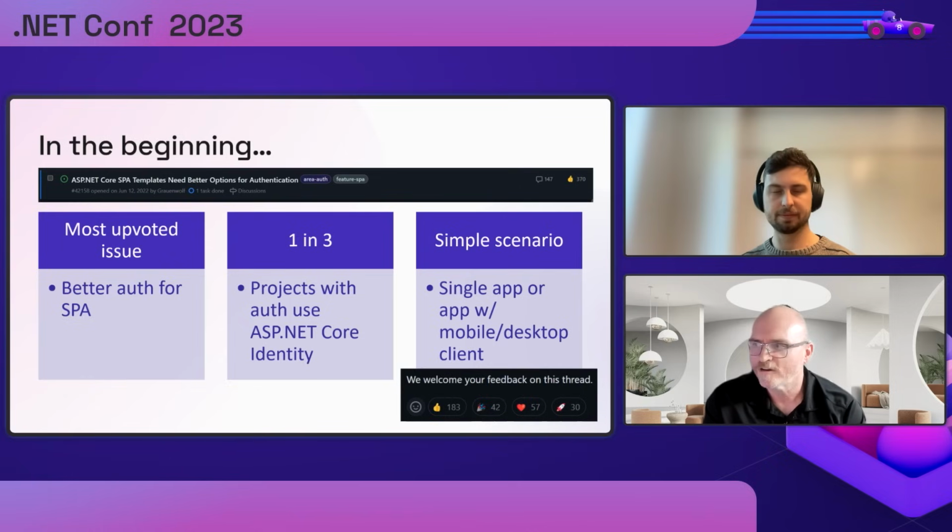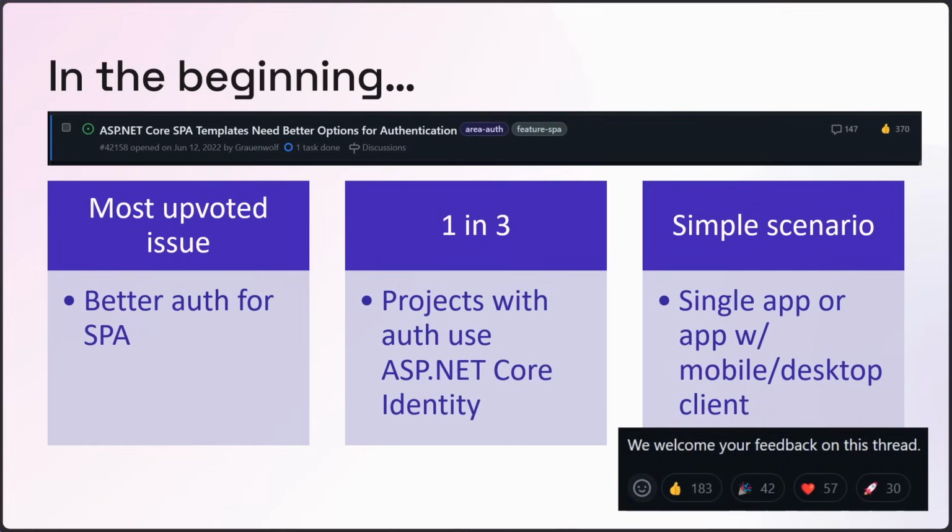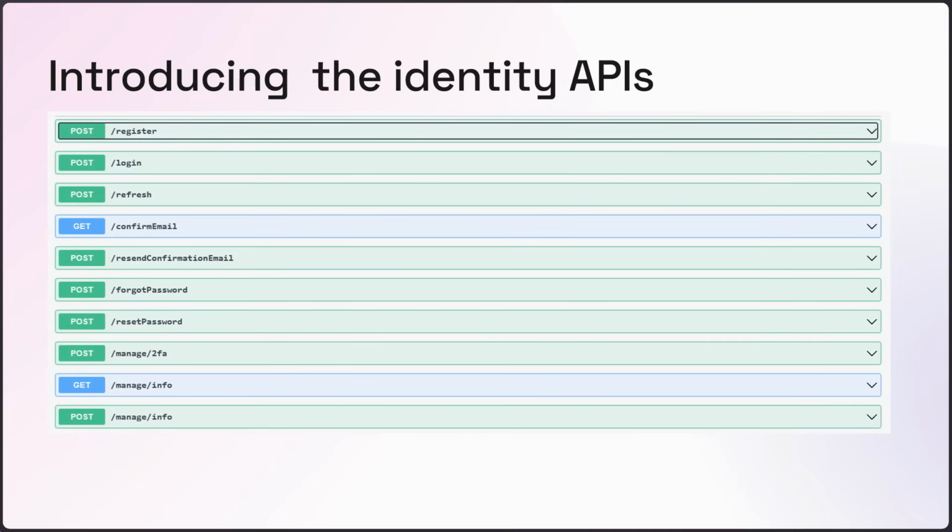And so what we decided to do was focus on these projects that use the ASP.NET Core identity that's built in. It's a large set of projects, and it really is for dealing with that scenario when a developer has a single app that maybe has a mobile or a desktop client and doesn't want the overhead or complexity of configuring the server. So we proposed this, we got some feedback on it, and what we created was this set